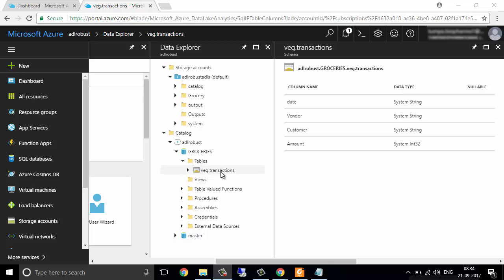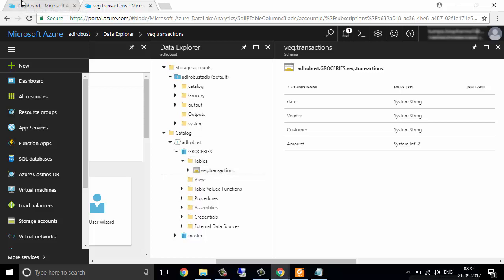So a view, just to recap the concept, is at a higher level of abstraction, where a view is nothing but a saved SQL query. It does not contain any data like a normal SQL table, but it just contains the SQL query that is required to fetch the underlying data. It has many benefits, for example security. If your underlying table has a salary column for employees and you do not want end users to be exposed to it, you can create a view excluding that salary column so that you get the other columns.